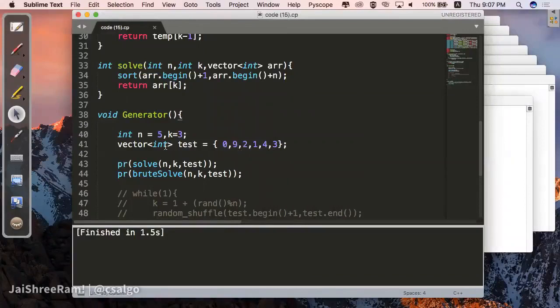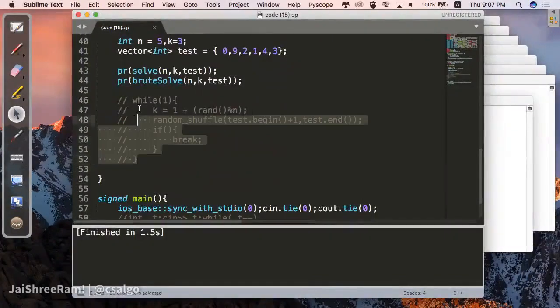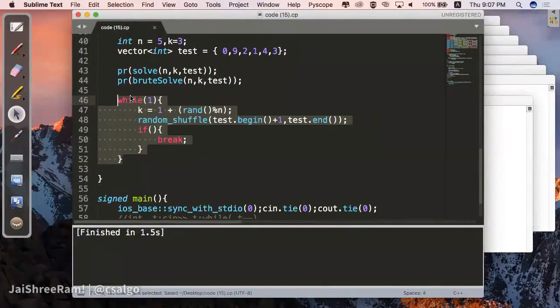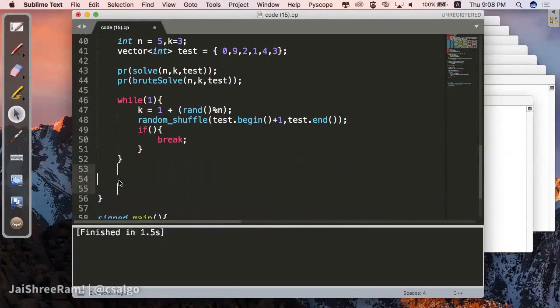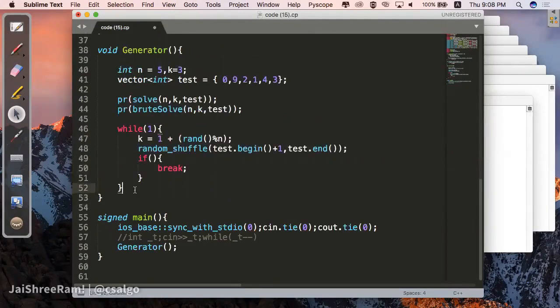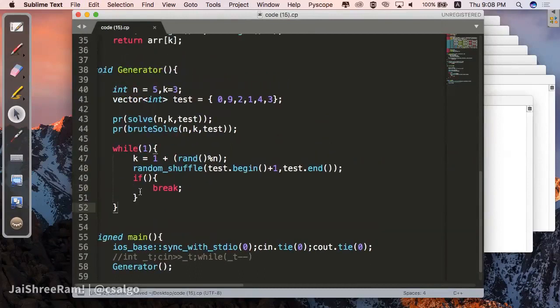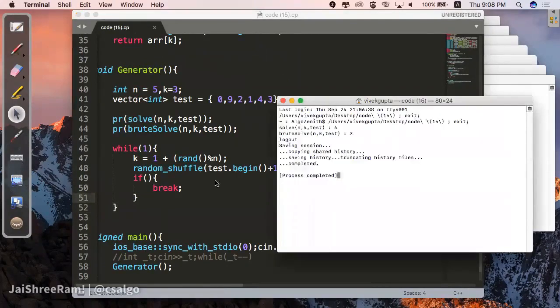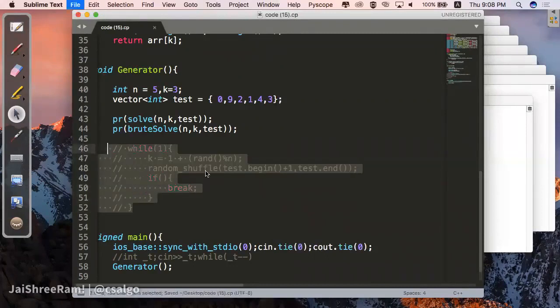Third element. Okay, so in Sublime you can select lines, and Control plus slash will give you a multi-line comment. Also, if you want to type the same thing twice, you can have multi cursors as well. So I'm writing the same things together in multiple places. These things come in handy when you're coding a lot, and they are available on a lot of IDEs. You can have a look at these. This is not something special, this is just a fancy IDE. Okay. So this we don't need anymore.